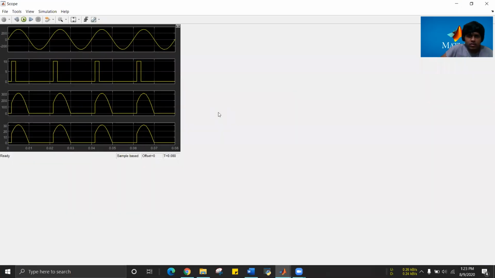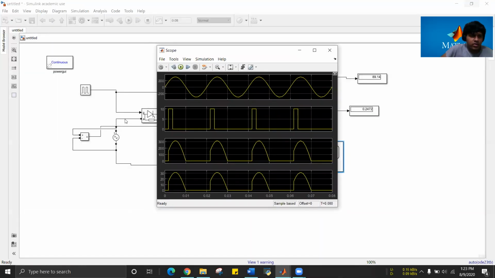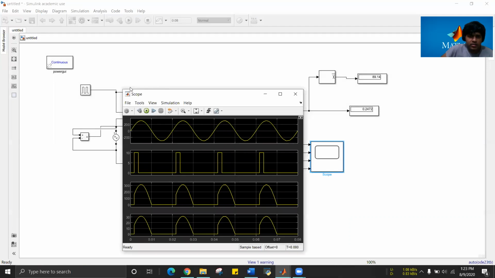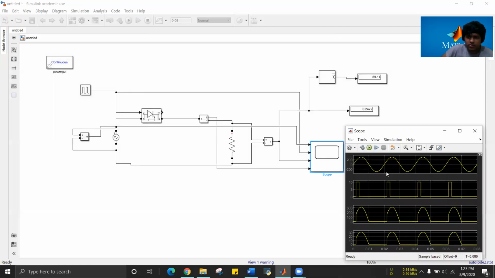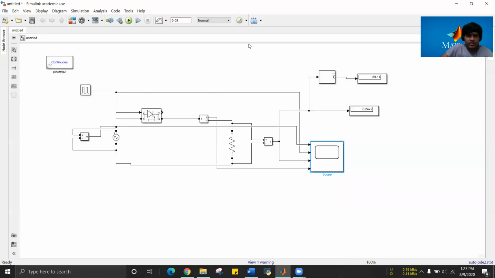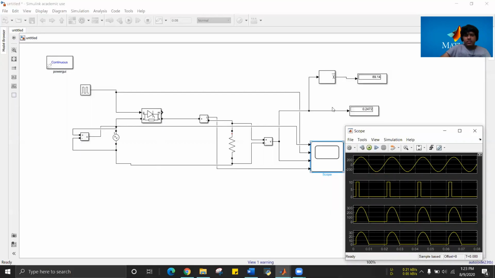That's your 4 graphs, right? All the 4 inputs, or you can do 4 separate oscilloscopes and you can get 4 separate graphs. That's a hectic process, so I just did it in one, and yeah, that's pretty much it. 4 graphs are here and everything looks good. And you can just go to file and then save it. Nothing more you have to do. And yeah, that's it. It's not that difficult.